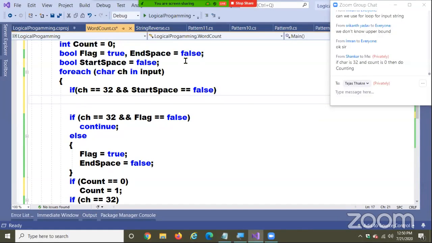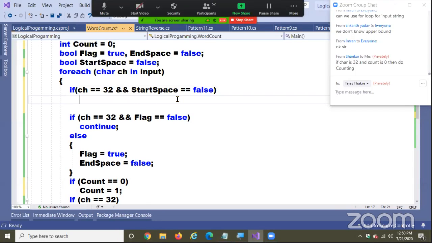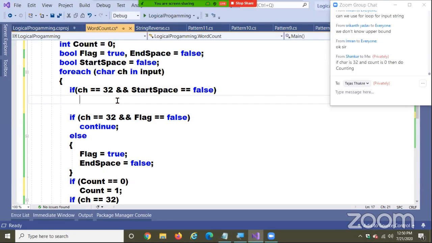The first character is a space now. Start space is equals to